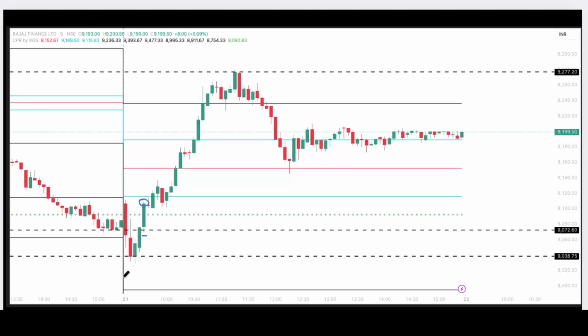This is a classic pivot breakout setup. And why this setup works is because it was backed by strong bullish candles. These three candles were very strong, and then you don't have any significant resistance till the CPR here or even till